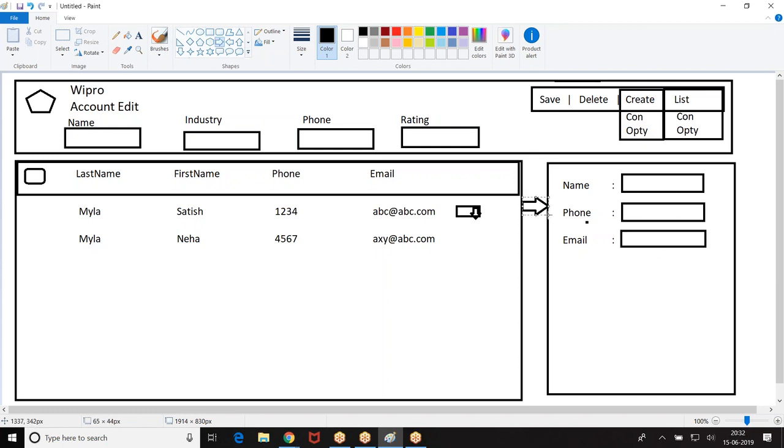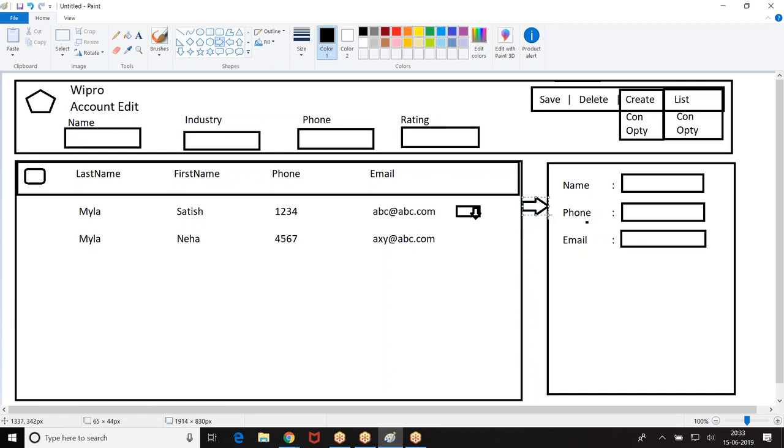Here I want to use what? Application level event. When I go for application level event, whichever record I have selected, that record ID should be passed to the next component so that they can display the data. So here it is covering what? LDS service, dynamic component, application level events. Did you get the concept here?